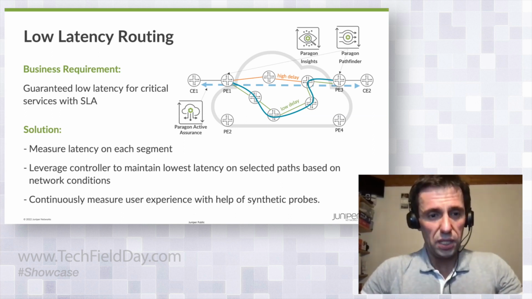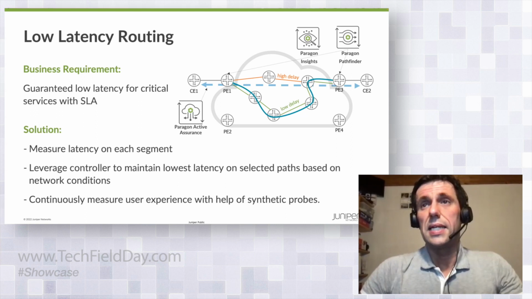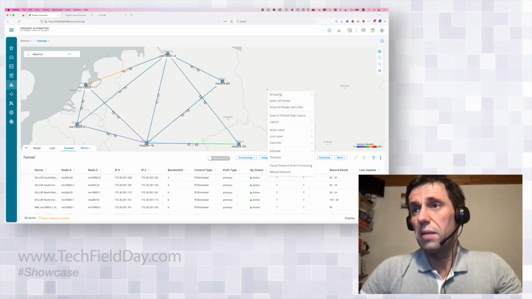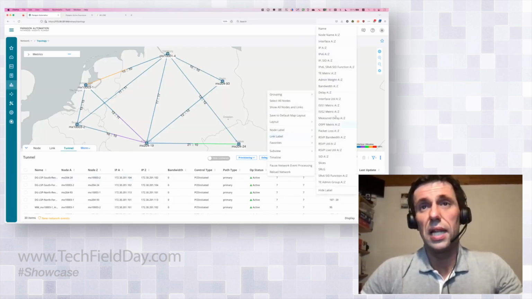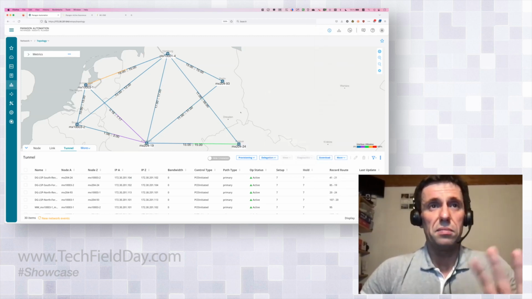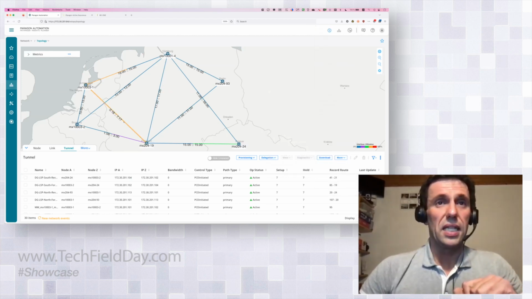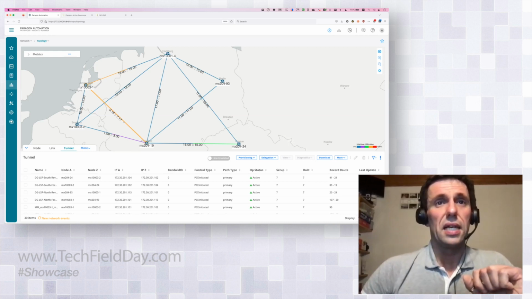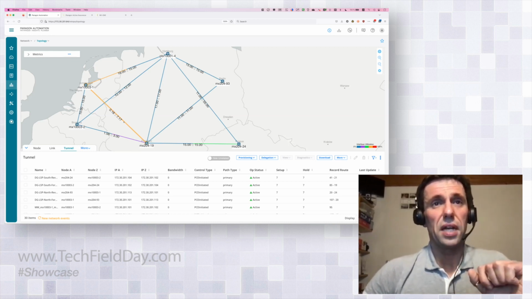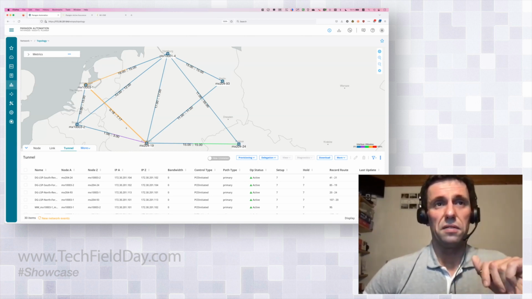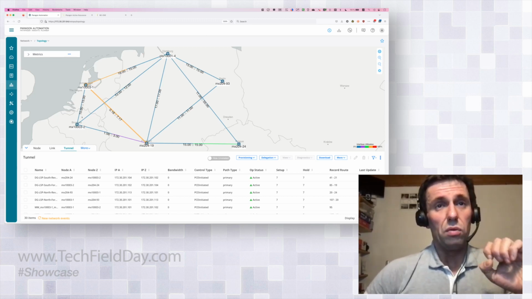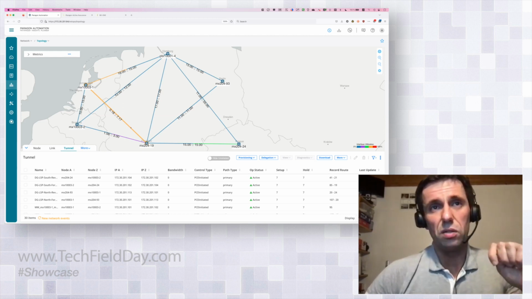I'm switching back to the network view, and I will change the link labels to show the measured delay. So we have here on multiple links dynamic delay measurement, like on the selected link, Amsterdam to Frankfurt. Some other links might have static value for the delay measurement. I would like to focus today on this cross-link, just because we have an impairment tool which would make this